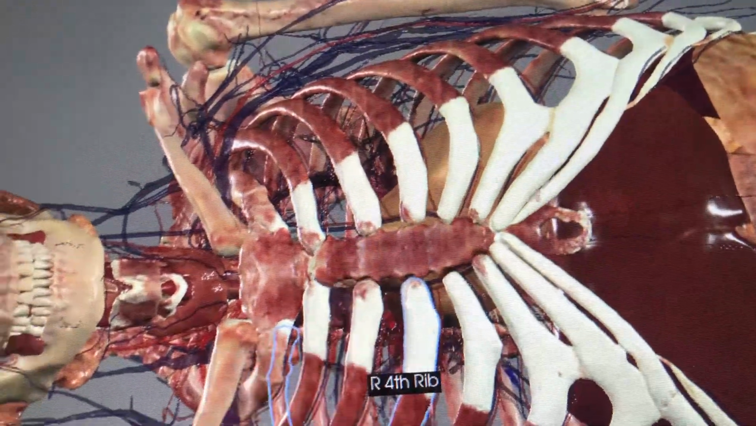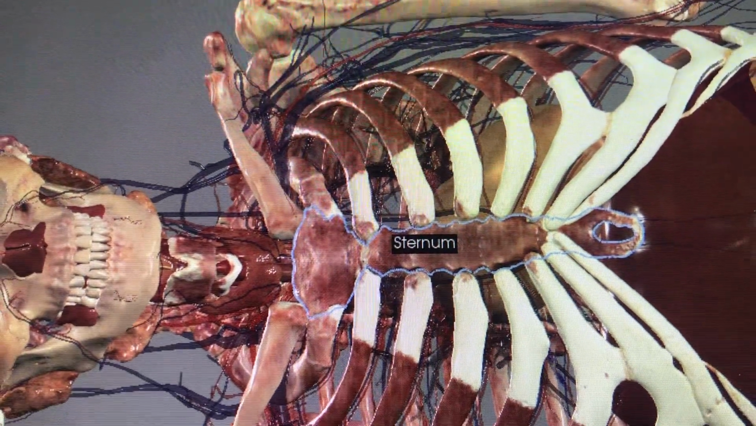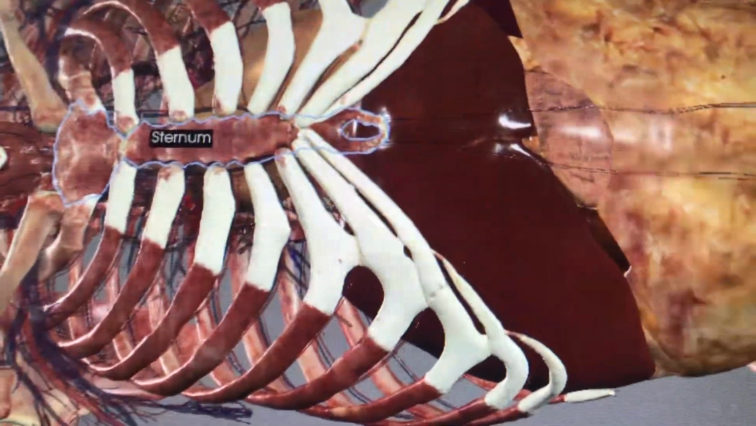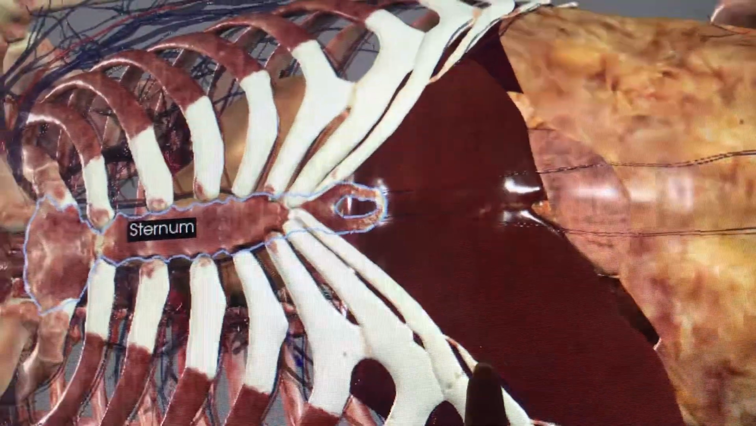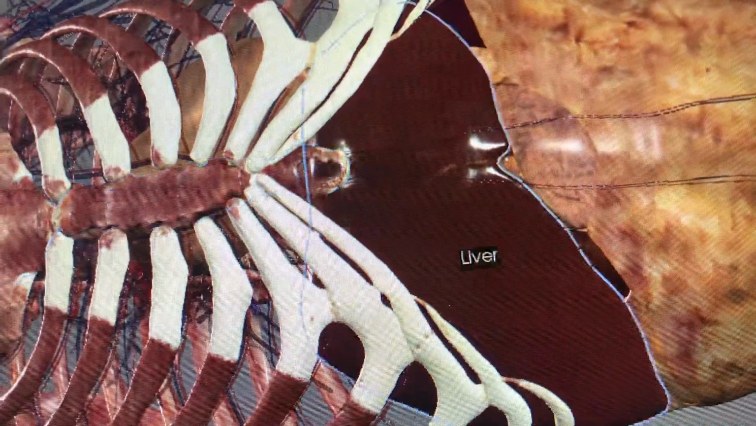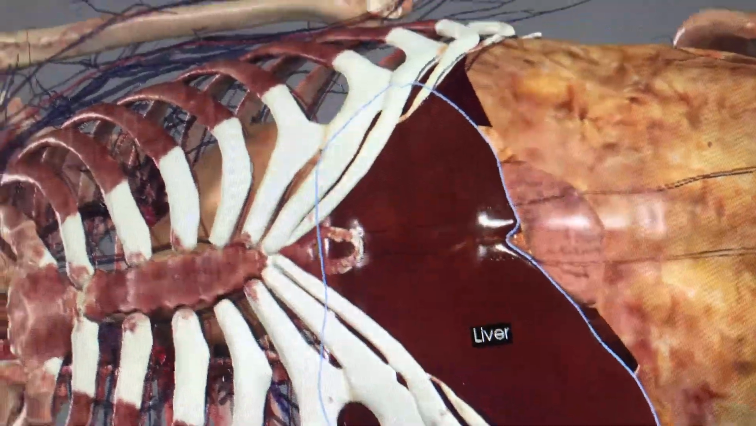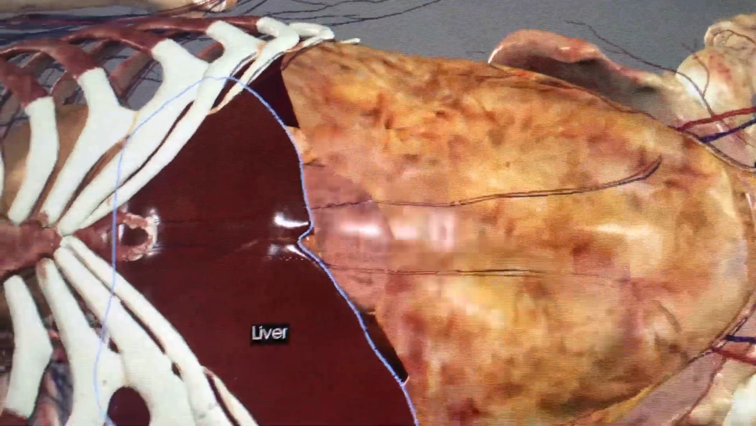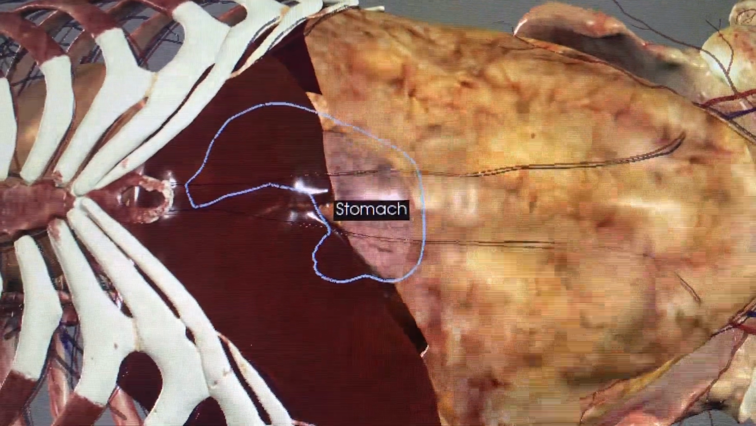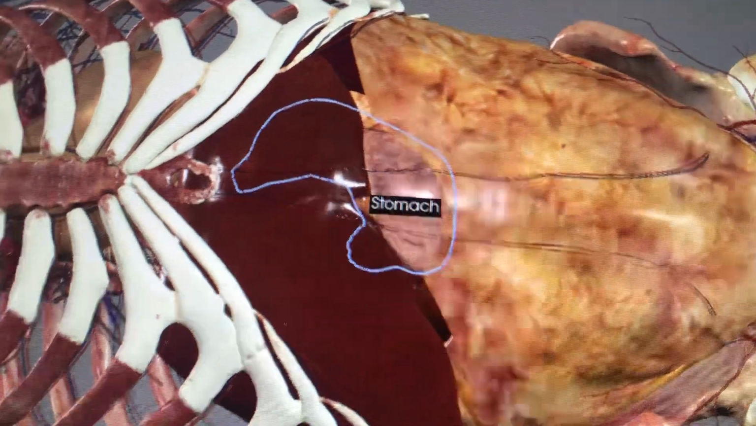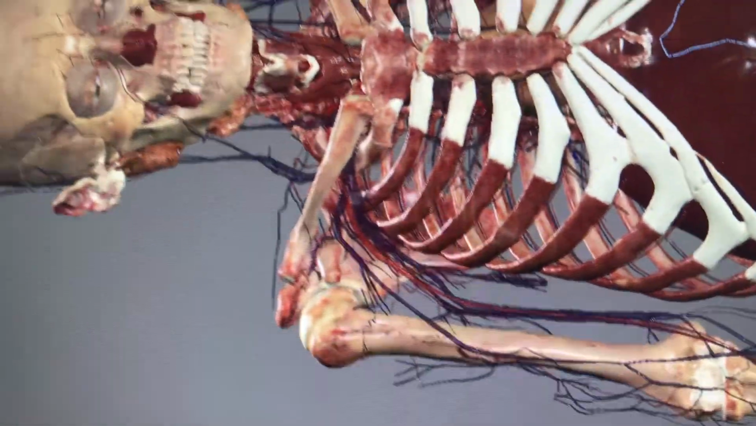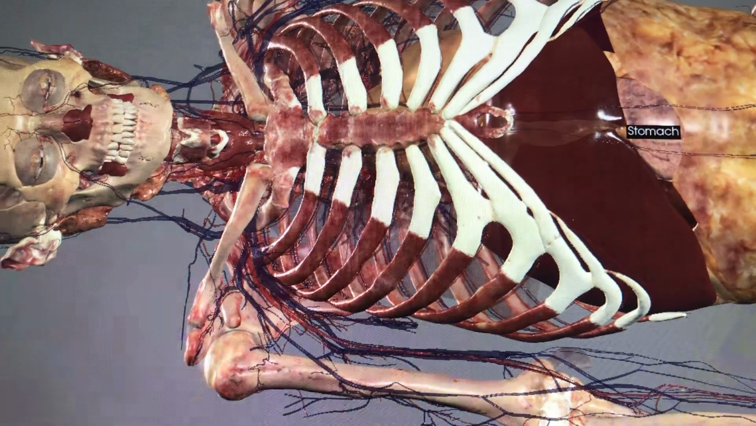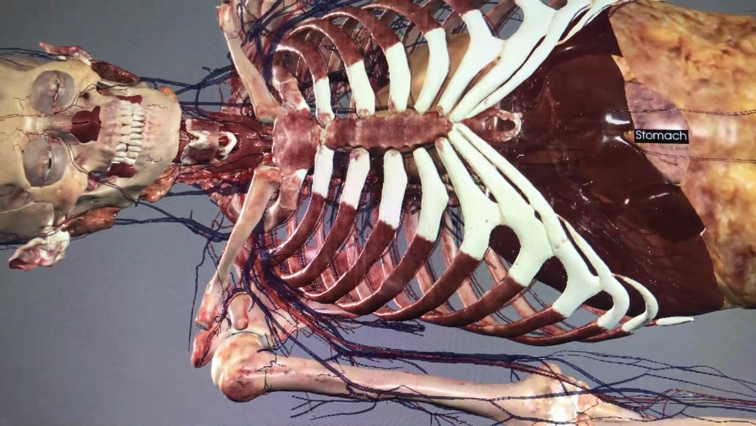So here is the sternum here. You see that? Kind of looks like a tie. All right, and then look, we can go down to the organs. So what organ is this? There's the liver, right? Keep going. There's your stomach. It's very, very cool. So let's keep going into our vasculature